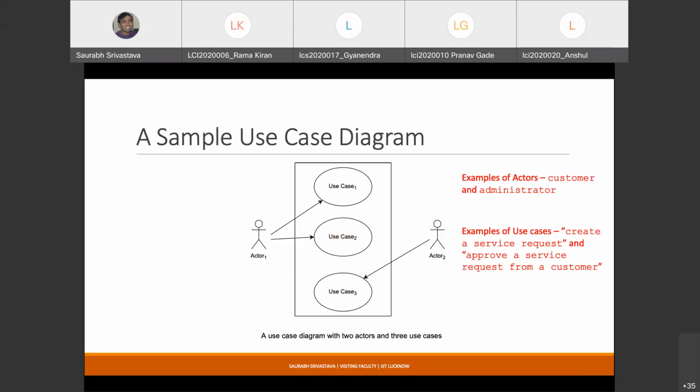Any queries on this? Only one object, so it's okay. So the issue here is that if you have only one object, then the best diagram that you can use is the state diagram. Because if you have only one object, then the only thing that is going to happen is that your system is going to change from one point to another, and this means a change to that particular object. So in that case, the best diagram to use is the state diagram. You don't need any other diagram if you just have one object in your system. Okay, any other questions?